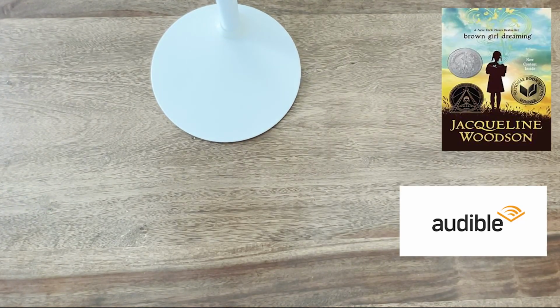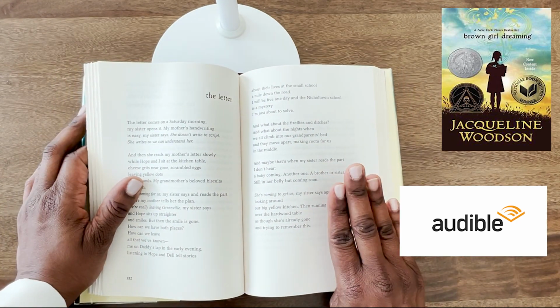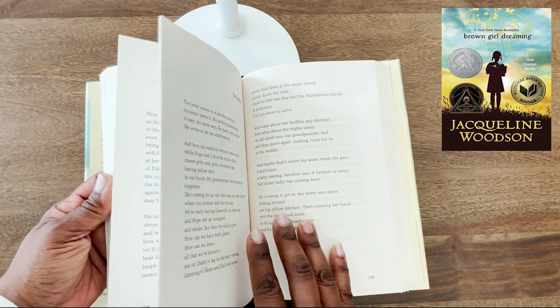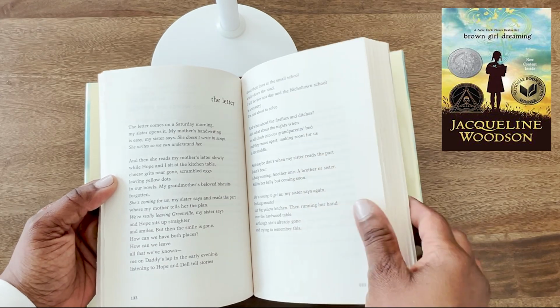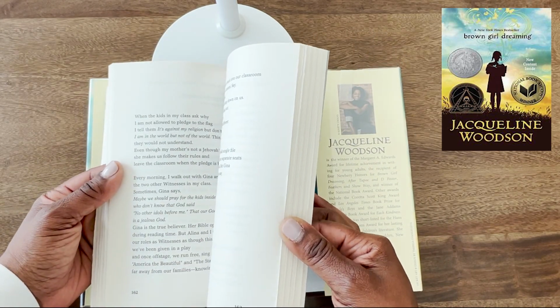Brown Girl Dreaming. So this one I'm choosing to use with all the kids as an audiobook. However, we are going to get the books from the library and follow along. It's just the power of poetry as a way of connecting with kids, especially when it comes to history. And so I think that it will just be great for us to do it as a follow along with